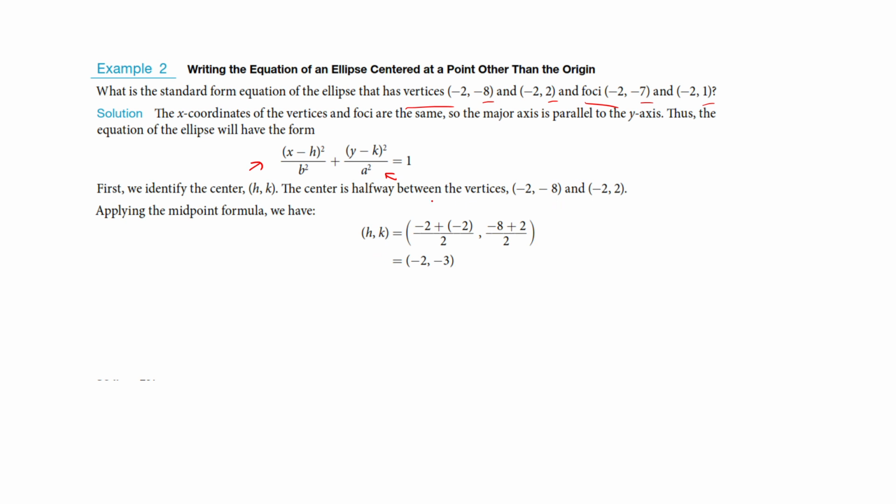All right, so let's find HK. We can actually find everything we need just from right here. So what we want is the middle of these vertices. And so we're just finding the midpoint of these right here. So if you find the middle of this, if you add -2 and -2, you divide by 2, you get where you were. So I can just see this visually. If you look at this, the value of x isn't changing. So that's the value I'm going to have for the h. If you look at this, -8 and 2, that is a distance of 10. If you cut that in half,